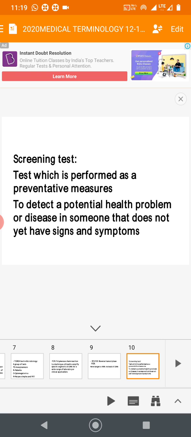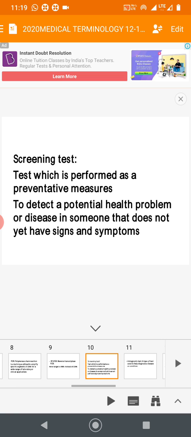Just above 40, we suspect type 2 diabetes, so it is better to screen with a random blood glucose any time in the day, or we give glucose and do a spot test. That is a screening test. For HIV we can do the tri-dot test, just to screen. If positive, we cannot confirm; we have to confirm with ELISA or Western blot.